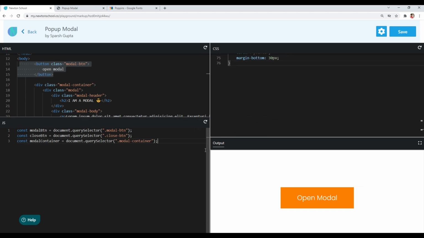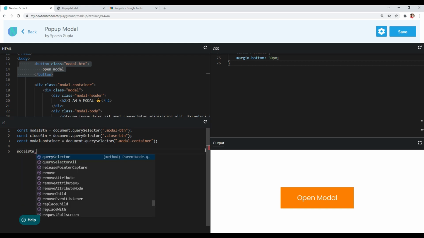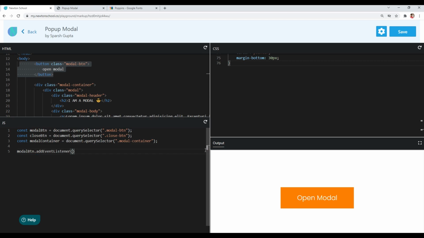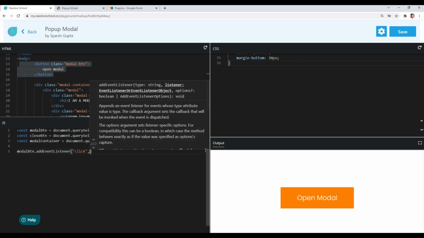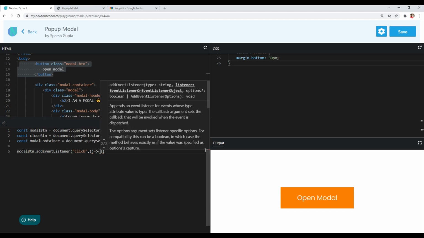Okay, so when we click on our open modal button, let me add an event listener to our modal button. So I will write addEventListener, and the event is basically the click event, and when the click event is triggered on our open modal button, I want this function to run.